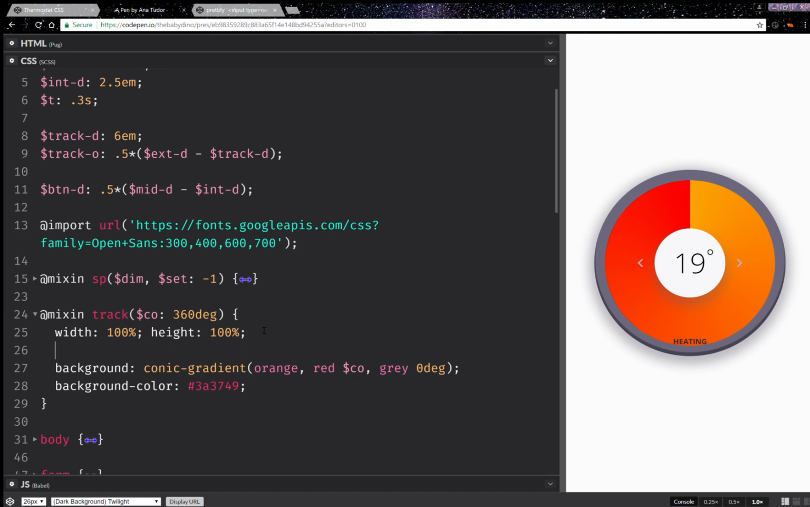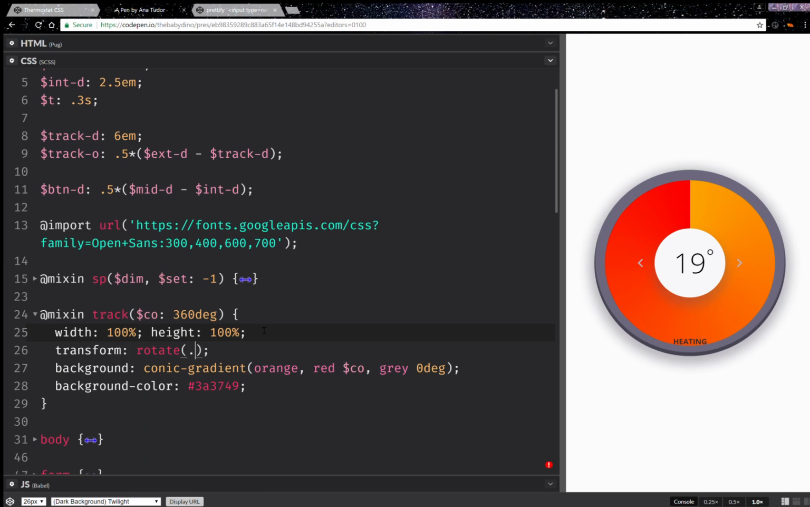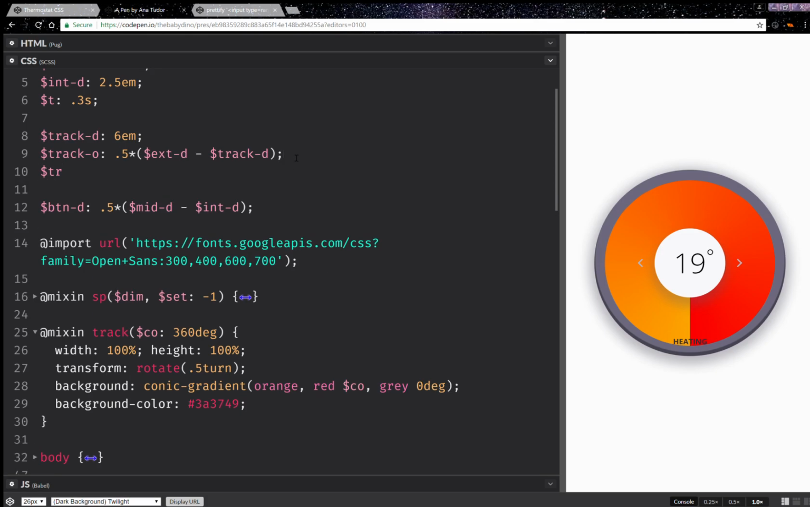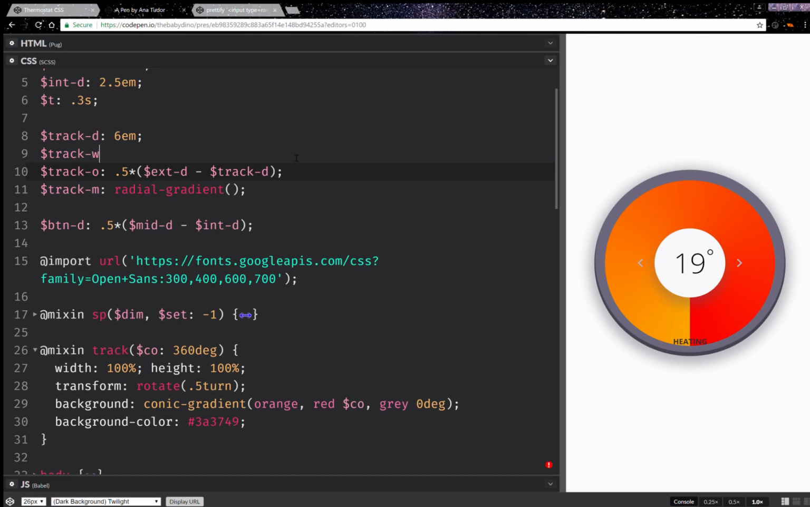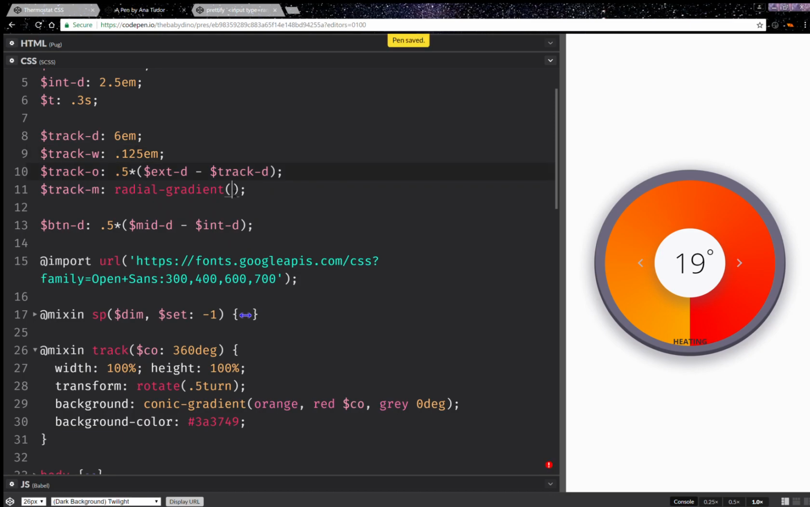Okay, so something else I'm going to do here is transform, rotate half a turn. Okay, so that's starting nicely. Next, I'm going to set a track mask. This is going to be radial gradient. Before anything else, I'm going to set a track width. And this is going to be smaller volume, something like this. So here I'm going to have transparent,